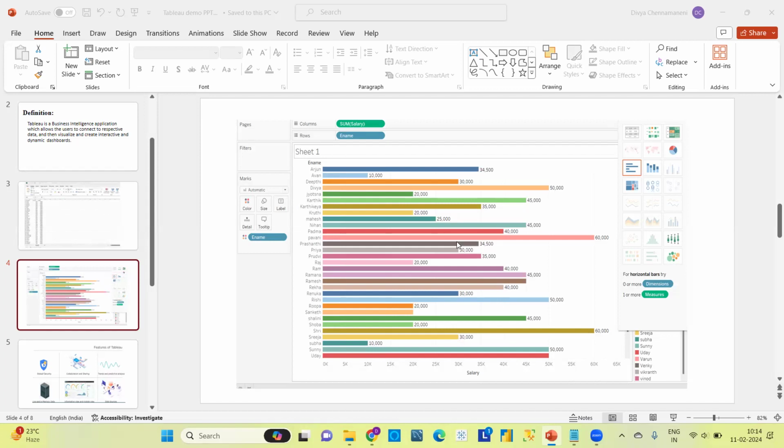And let me tell you, there are many visualization tools in the market, like Tableau, Power BI, QlikView, etc. But mostly Tableau and Power BI are widely used BI tools. If you learn Tableau, you can also apply for data analyst roles as well. But you need to know SQL as well to apply for a data analyst role. SQL and any visualization tool are required to apply for a data analyst role.